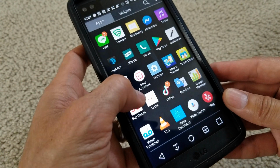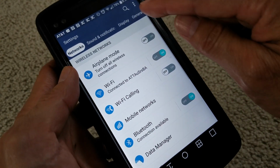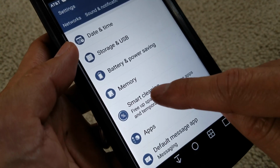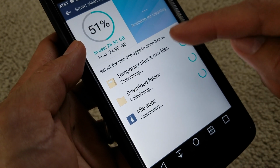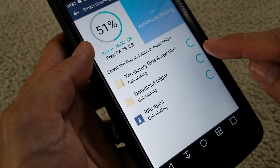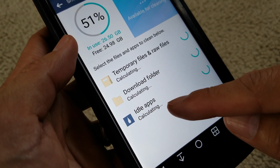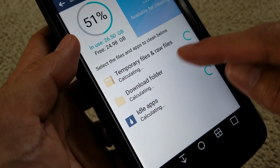So yeah, all you need to do is just go to settings. This is for the LG. Click on general, and then scroll down to smart cleaning right here, and then you're gonna go through what I just did, temporary files and raw files. So it's gonna do this calculation first, and then your idle apps, also your download folder,